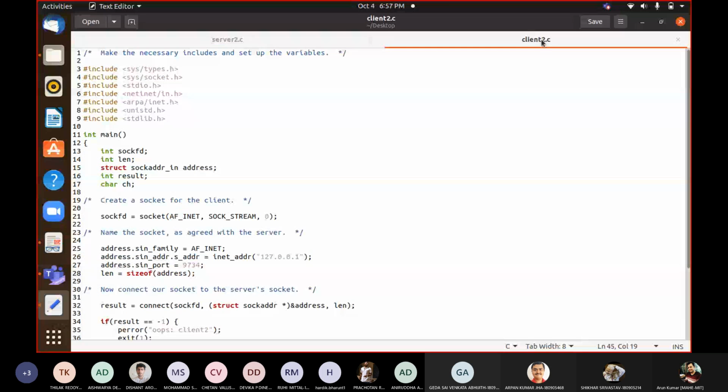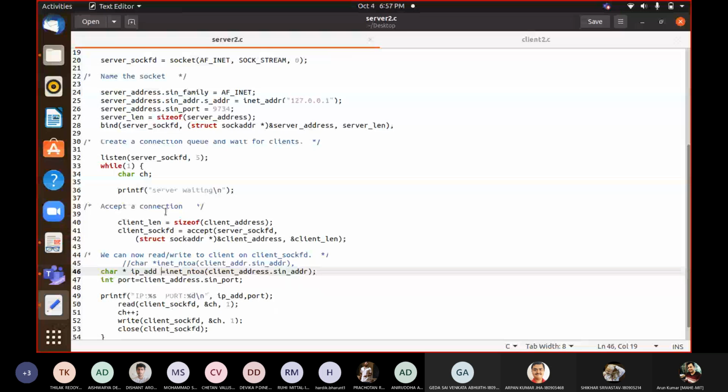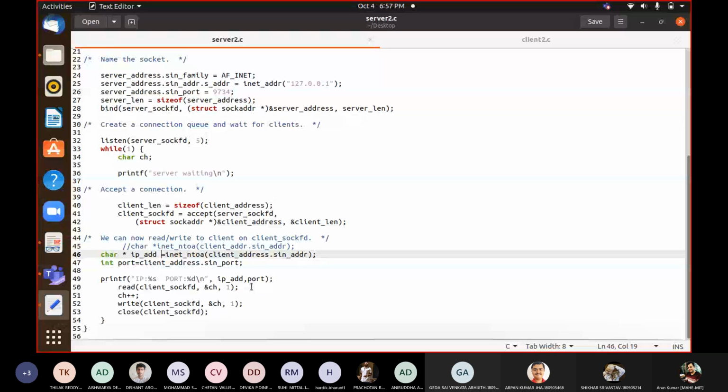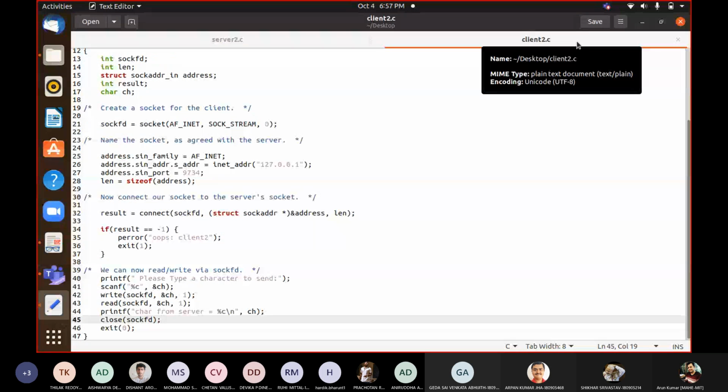I am handling one character. At the client side, suppose I send A, then the server will return B. The logic is simple. The client sends one character, and the server receives that character and sends the next character. If you send C, you will receive D. See how this program functions.